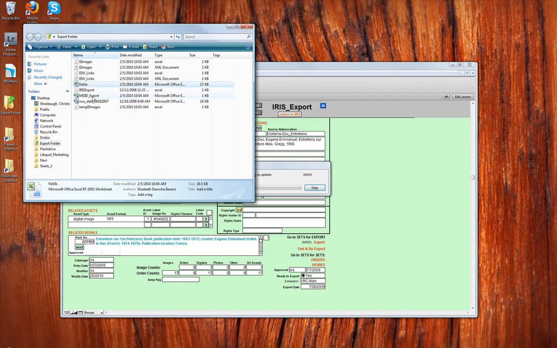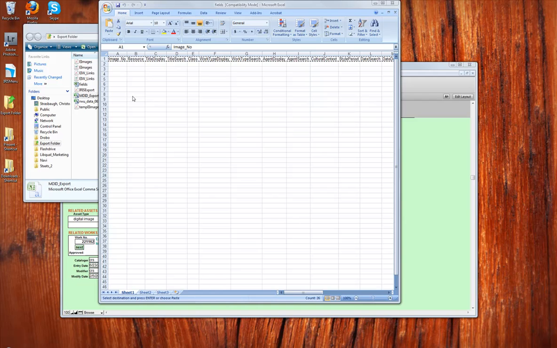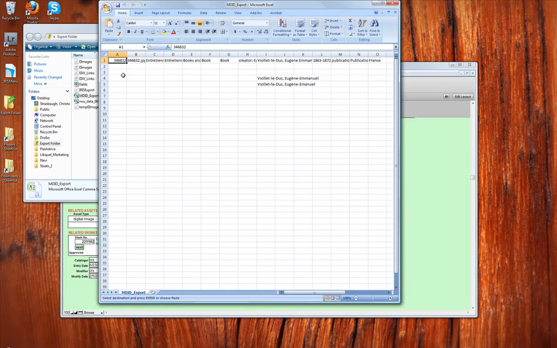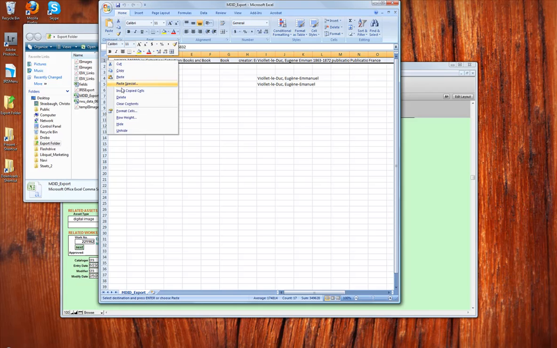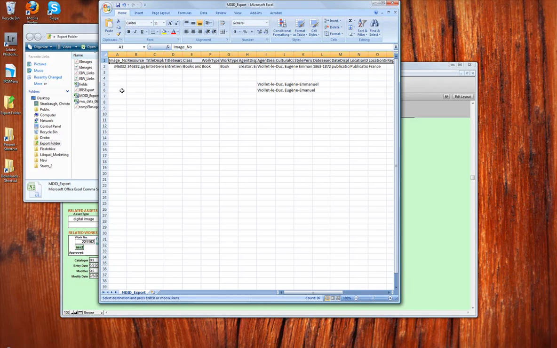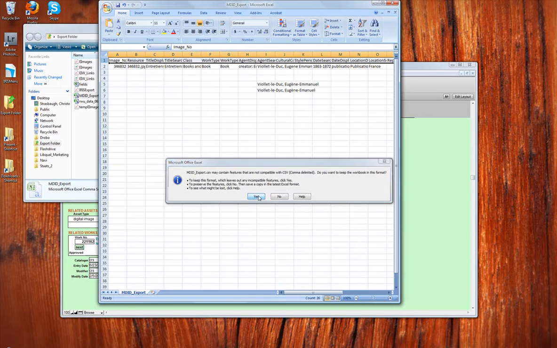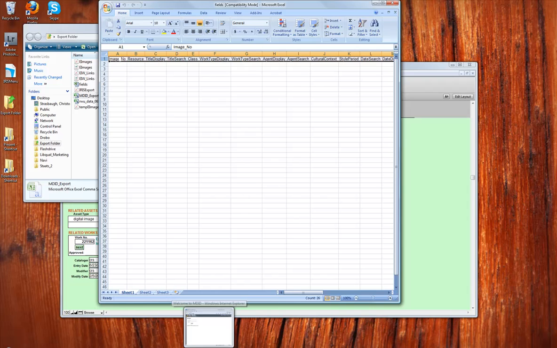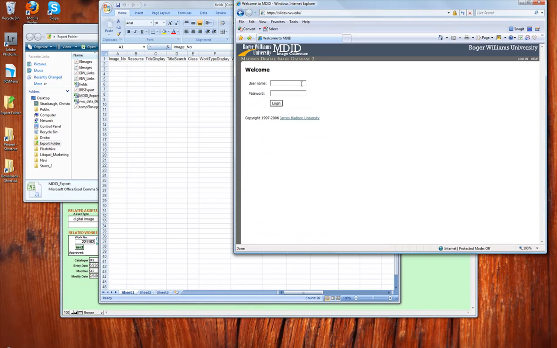So the next step, let's go back to the export folder, open up MDID export. Now, the MDID export will have what you have just exported. In this case, it's one record, 346832. I right-click on the first line and click Insert Copied Cells. I save, and usually I do save yes, and then I close it, and this one I do no. And then you go into MDID, log in,